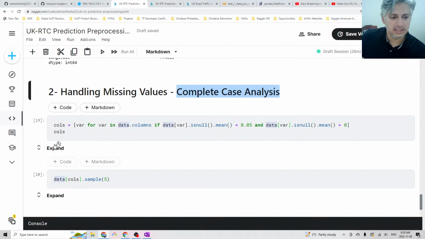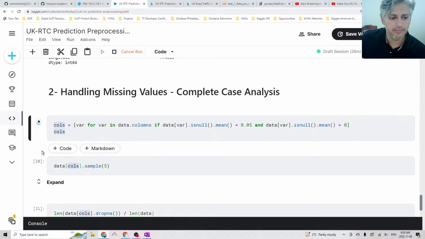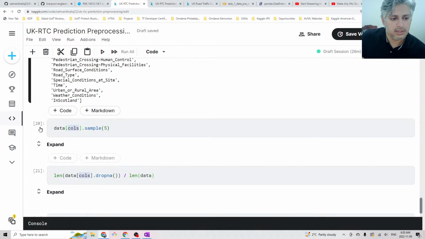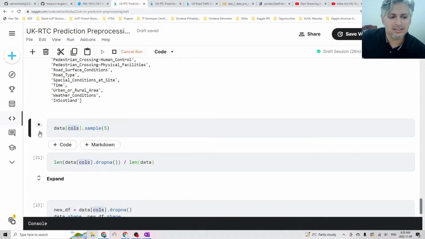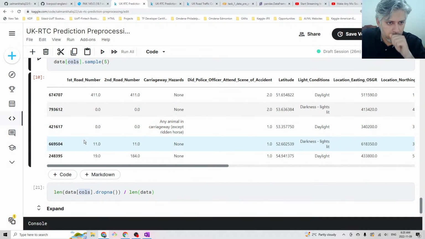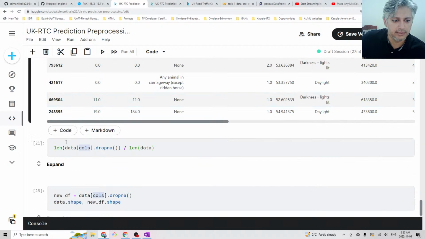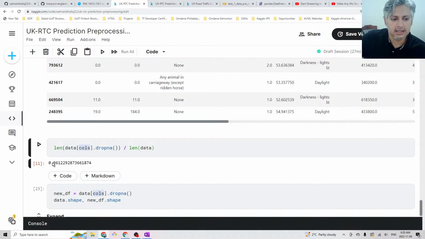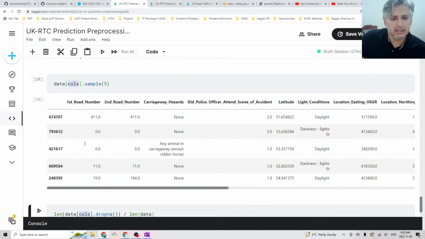So what I'm going to do is grab all the columns here. You can see these are all the columns, and then I'm going to sample some of the rows, using all those columns which have some missing values here. Then I'm going to find the length of the data. So what I did over here is